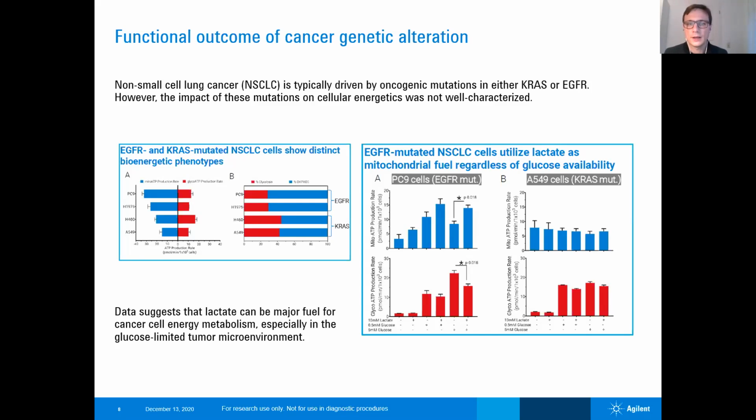And then you could give, as on the right figure, different substrates to see how that changed the energy metabolism. So what we did there is we did give them either 10 millimolar lactate or not, a very low glucose concentration, 0.5 millimolar, or a more physiological glucose concentration, 5 millimolar. When you look at the KRAS mutated A549 cells in figure B, you see there's not really too much of a difference. When you look on these EGFR mutated cells, and especially on the two right bar graphs, you can see